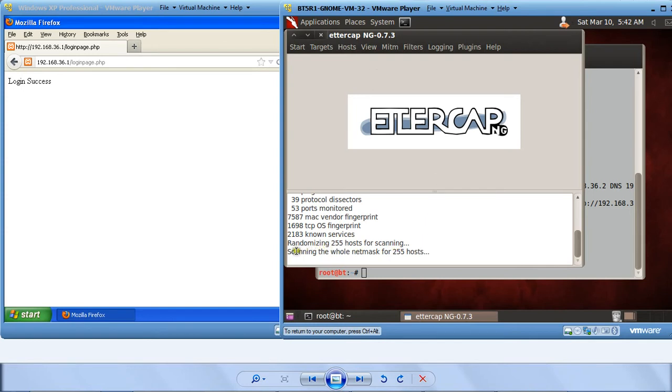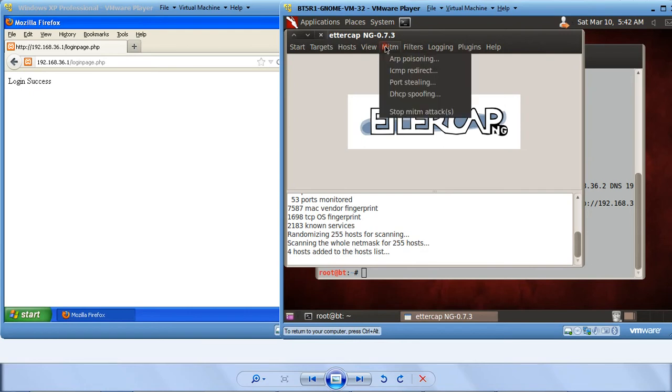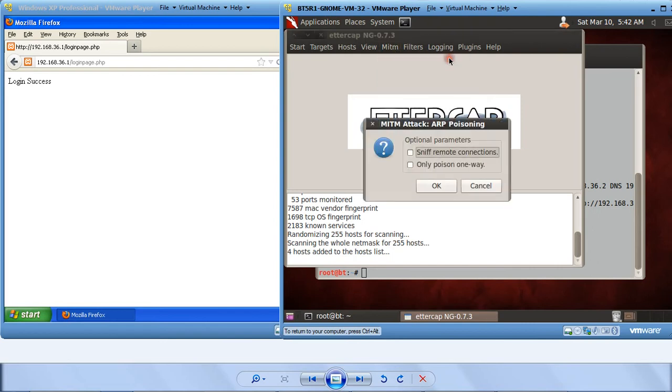You can see at the bottom it gives you a status. Scanning the whole netmask for 255 hosts and 4 hosts added to the host list. Done. Next, you go to MITM and you see many options here. I'll only demonstrate ARP poisoning at this point of time. So when you go to MITM, select ARP poisoning.